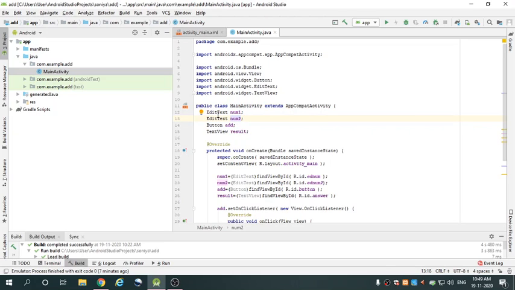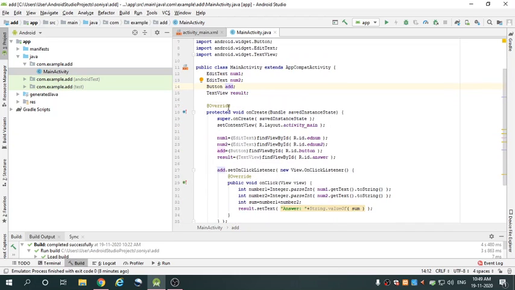This is simply a declaration. Again I take one Button, where add is the object of Button, and one TextView, where result is the object of TextView.